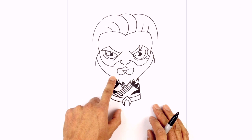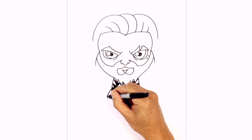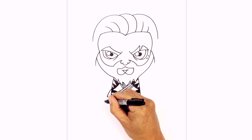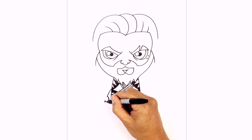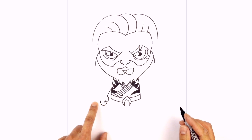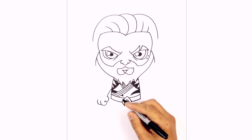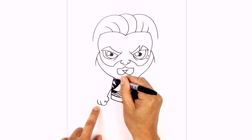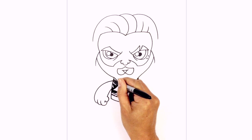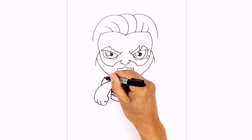Now let's draw in the arms. About halfway down the body on the side here, we're going to curve down and out toward the left. At the bottom, we're going to do a little half circle for the thumb, curving around. At the end of the thumb, we're going to draw a little bracket. At the bottom of the thumb, we're going to swirl around that bracket and just pull a curve going up for the first finger. We're going to layer the fingers going out towards the side. Coming down, curving up. We'll do that one more time. Now we're going to pull this line all the way up in towards the side of the body. Curling around the finger, and we're going to pull this in towards the side of the body, leaving a little gap on the top. We're going to step down to right about here and draw the shoulder, curving up and